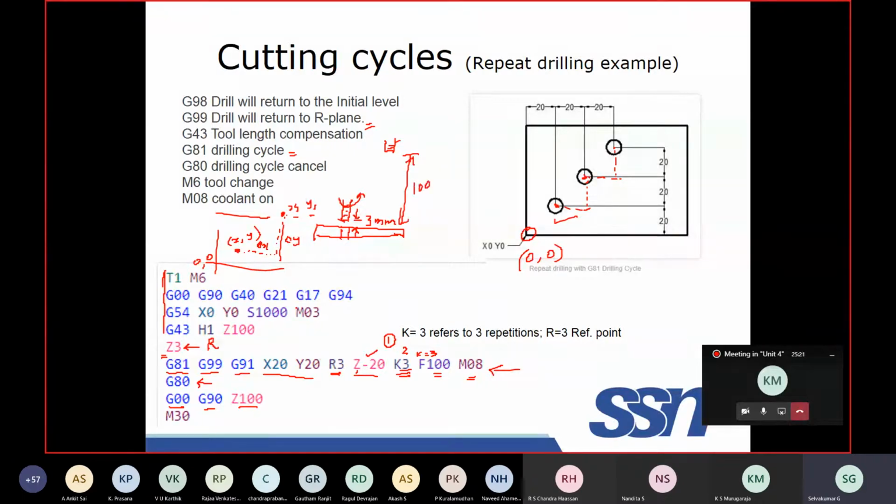That is the meaning. Z value, we are moving it far away. Okay, and stop the spindle so that 3 holes at